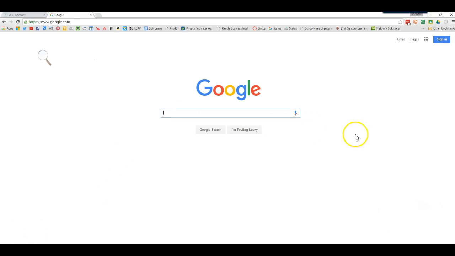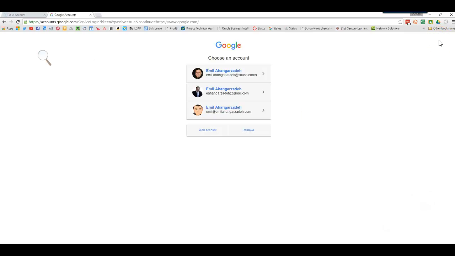All right, so here we are in the Chrome browser, and we're on the Google search page, right? And this is where most people come to do general searches for things that they're looking for. First, we'll deal with the idea of signing into your Google account or your Google Apps account or your GAFE account, whatever you want to refer to it. You'll notice in the upper right-hand corner, there's a blue sign-in button, right? So you can click on the blue sign-in button, and once you do so, it's going to ask you to sign in with your Google Apps for Education or your personal Google account or your professional Google account or whatever